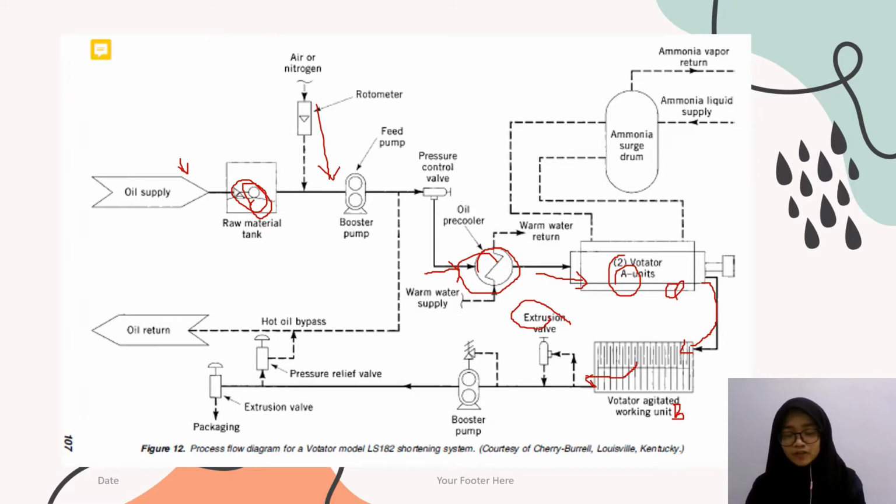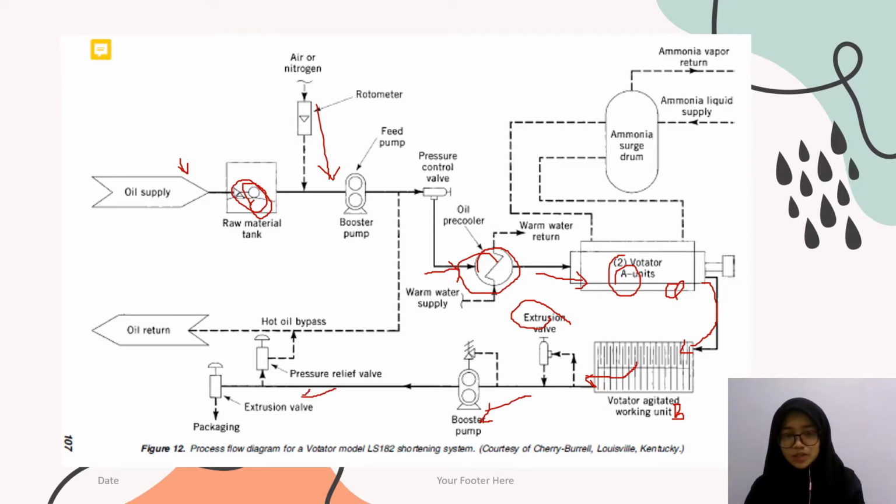This extrusion valve will help the products from the B unit have a thorough gas dispersion, and also help in removing any crystal aggregates from the A unit and B unit. It also helps maintain the pressure from both A and B units, so that it has a very constant pressure. Once it's done, it will enter the booster pump right here, also known as the secondary rotary gear pump. The reason we need this is to increase the pressure so that it is able to transport the product to the filling